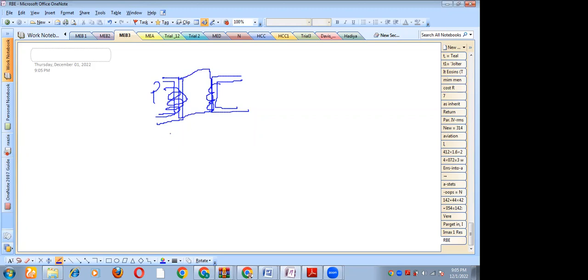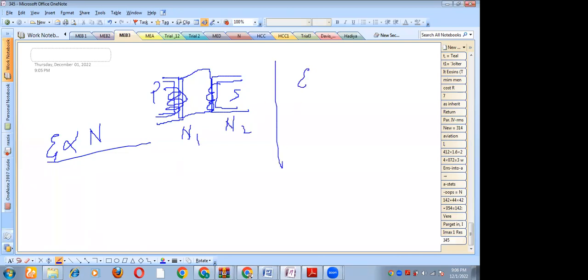So we know that generally EMF is directly proportional to the number of turns. So if turns in the primary is N1 and turns in the secondary is N2, then the ratio of EMF induced will be equal to N1 by N2, right? And also we know that EMF is current, so I1